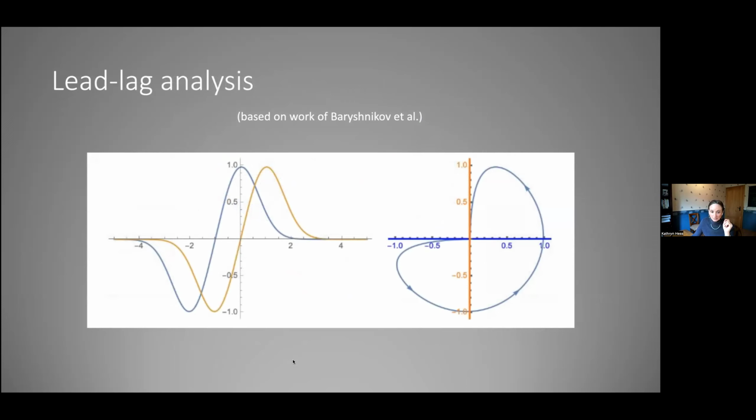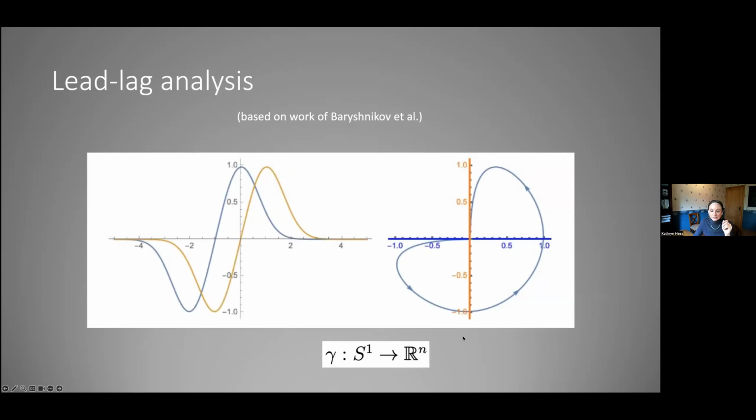So let's think about a very basic picture, where we have 2 different curves. This is the yellow curve and the blue curve. They're basically the same shape, but one is shifted with respect to the other. If you look at these 2 curves, you could translate what you see in this picture on the left to the picture on the right, where now you're plotting blue against yellow. And when you plot blue against yellow, it's giving you a curve in the plane R2, right? So this blue curve comes from plotting, for any value, the blue against the yellow.